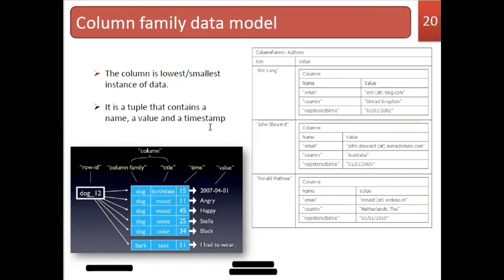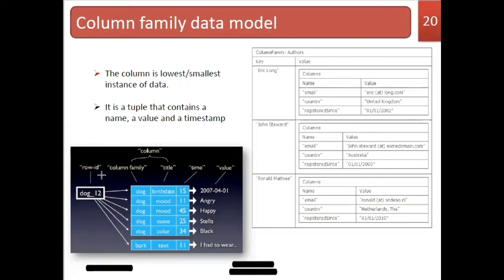These are the important parameters you should have for whatever data you are saving in this particular model. Here you can see row ID, column family, title, time, value. Time refers to the timestamp, which is nothing but the particular time at which the data was stored in the table, right?